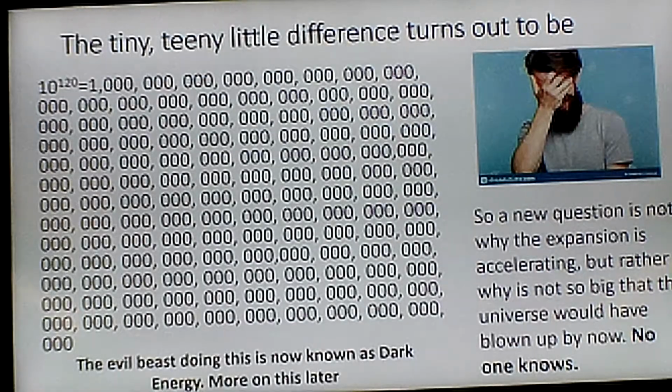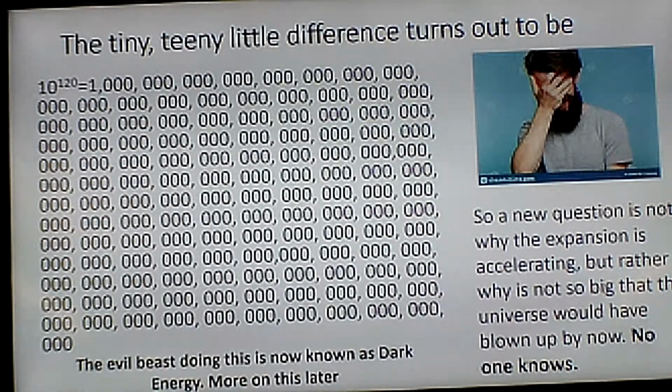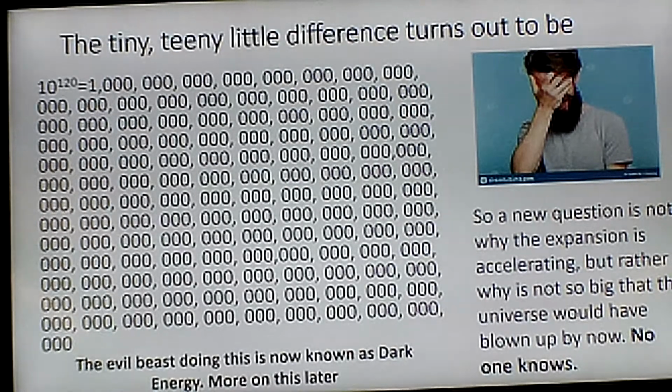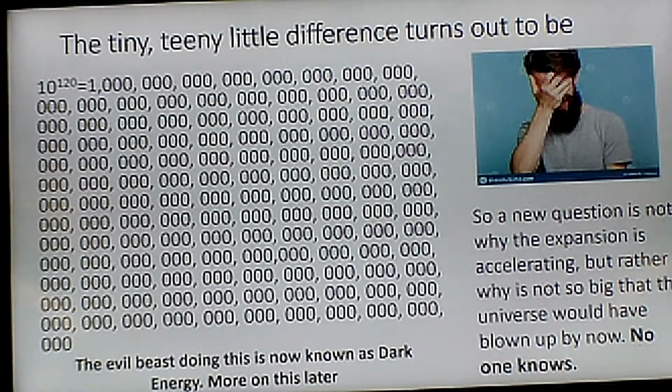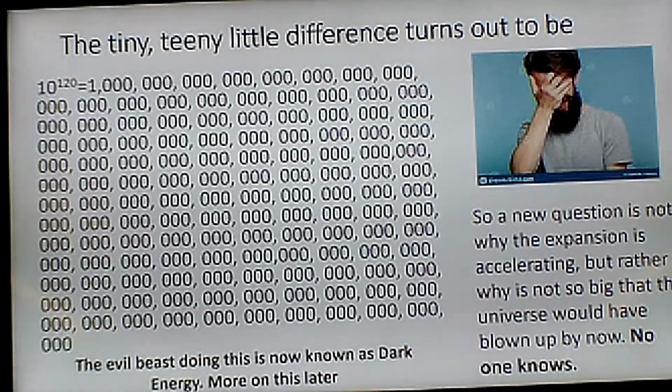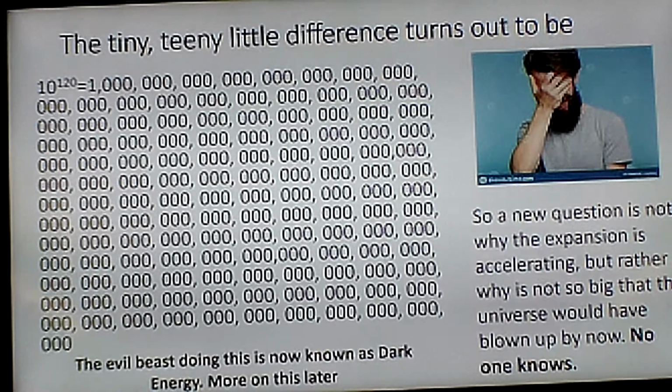Question, yes, sir. Is the dark energy 10 to the 120th smaller than what was predicted or larger? It's that much smaller. So the Casimir effect gives us a number, which has been verified in the lab. And the dark energy we see from the accelerating universe is 10 to the 120th times smaller. It's not a little bit, it's dramatic.